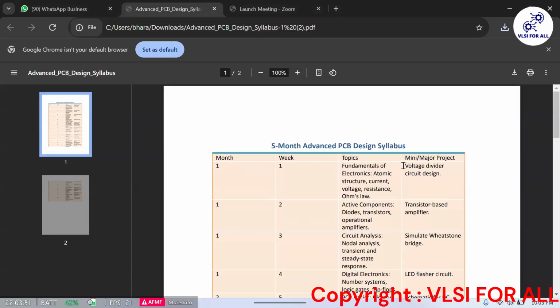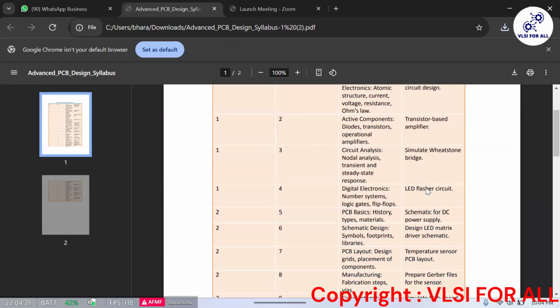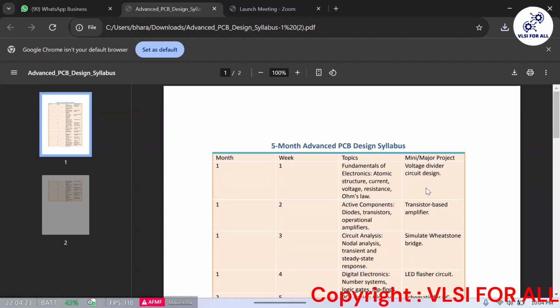So we just looked into the voltage divider and current circuit. Last class we simulated that one too, and we made a small PCB of that one also. So we will look into some more small topics, then we will directly start the fundamentals of electronics: atomic structure, Ohm's law, all sort of things. Basics we will go. So first today we will try to design one 7805 circuit.